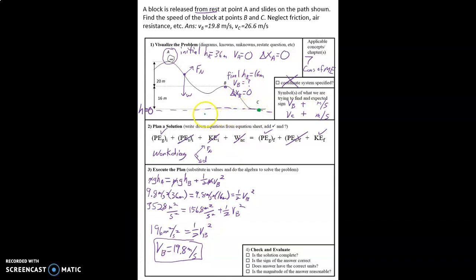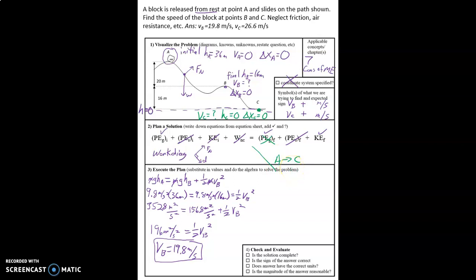So I'm just going to write these down here at the bottom. The velocity at C is an unknown. The height at C is 0. And the spring, well, it's non-existent, so we don't have to worry about that. The equation stays pretty much the same, except that we're also going to cancel out this term. And so then when we bring this over here and we apply it A to C, okay, we could have,